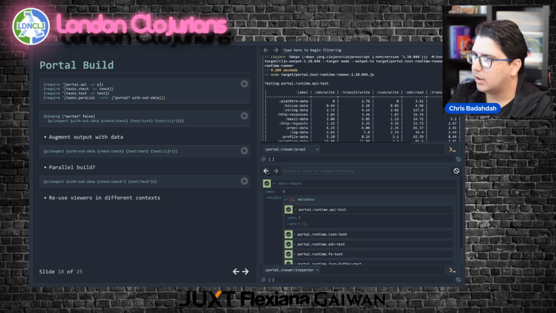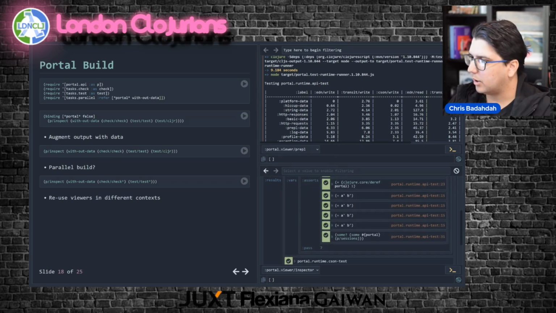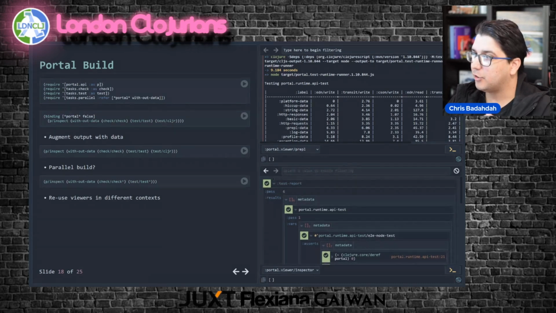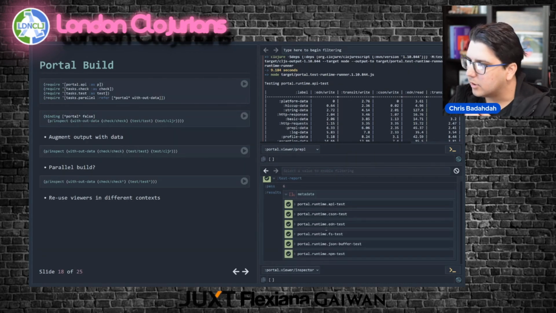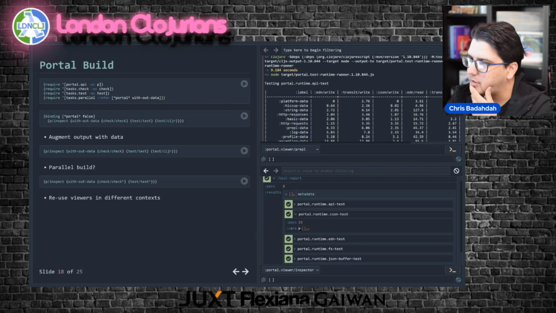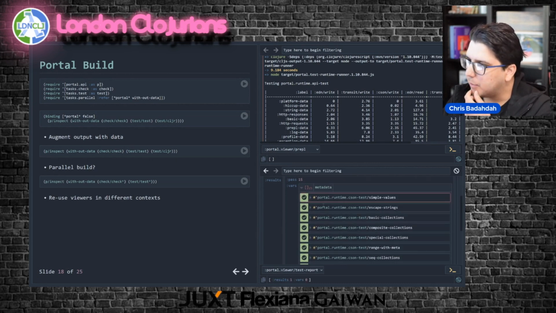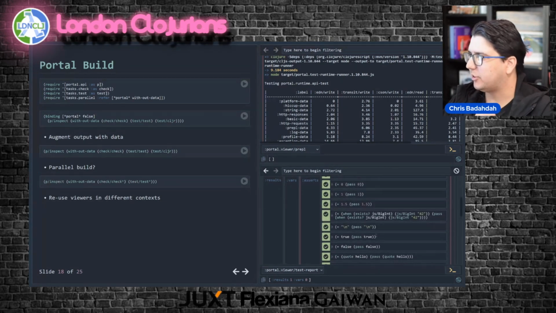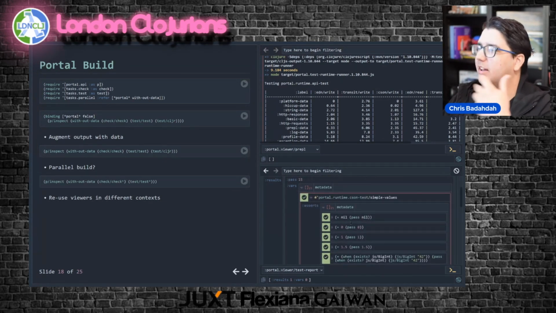Where we can see all the assertions. We can see what they were, like 1 is equal to 1. A lot of these are sanity tests, right? For this one, but what about... I think the ones we looked at specifically were CSON. Or I think it was this one. I can't remember which test we looked at earlier, but you can leverage these viewers independently of where the data came from, I think is the thing I'm trying to point out.